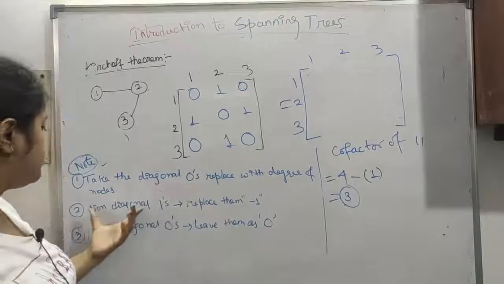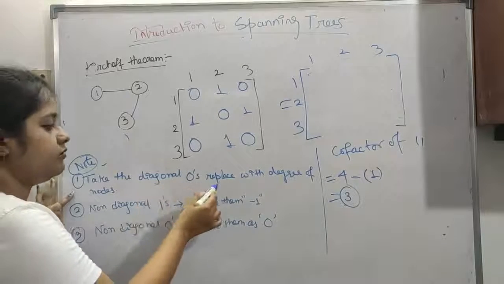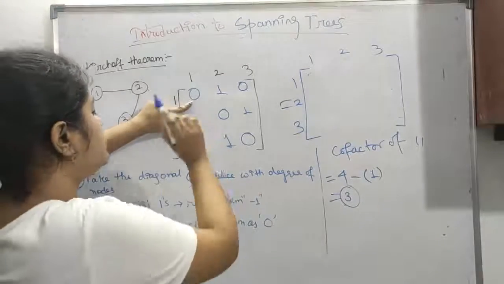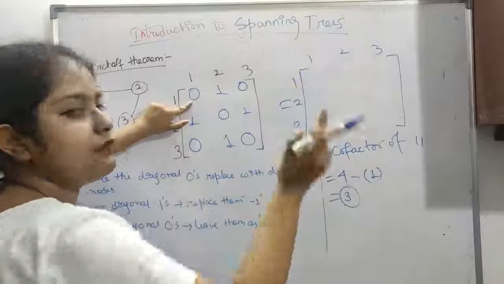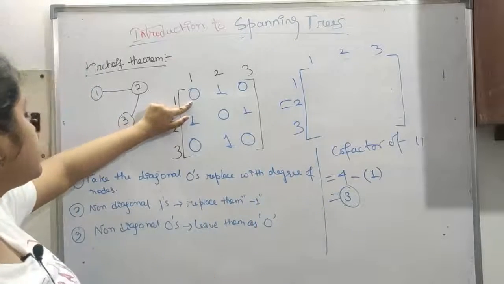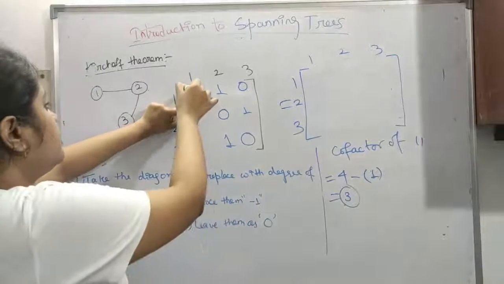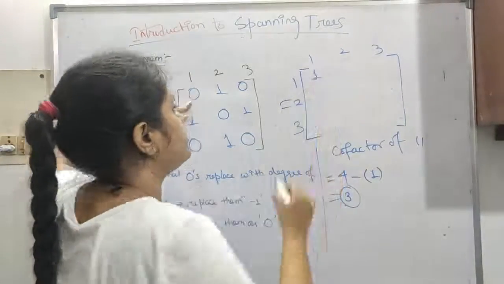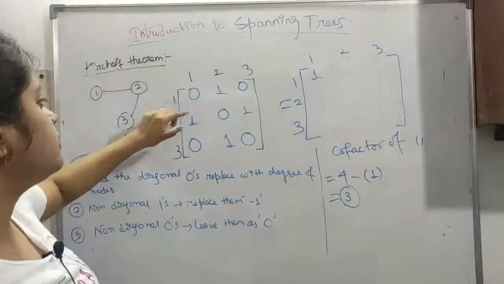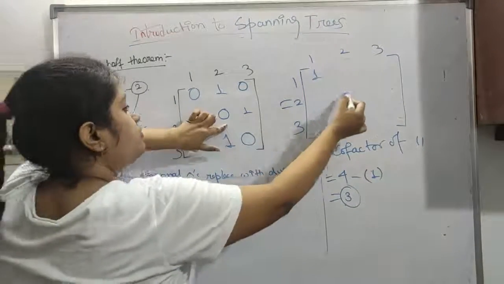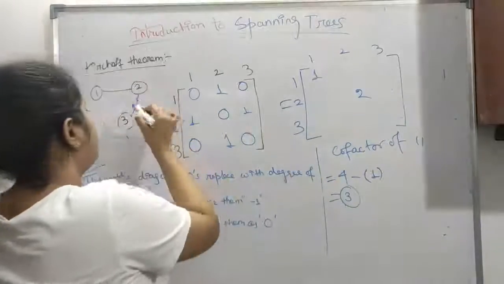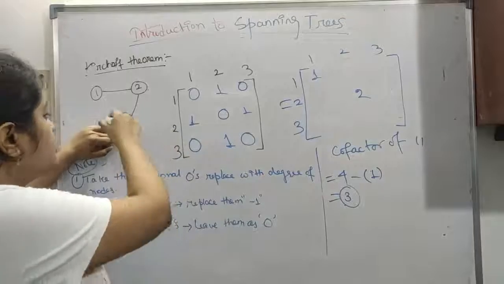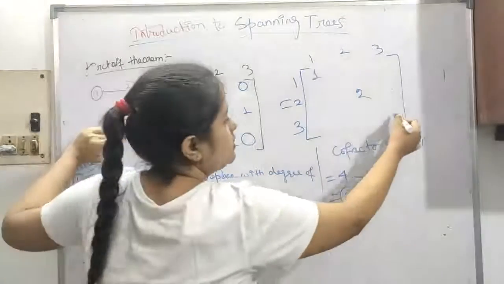So now we have to check this. Take the diagonal zeros and replace them with degrees of the nodes. So this first diagonal is taken. Previously everything was 2 because it was a complete graph. Now let's see here, 1 1. So 1 has just degree 1, because 1 edge is present there. Now here in 2 it will be 2 because 2 edges are there, 1 and 2. Now 3 will be 1 because this part of the edge is not there, so it is 1.